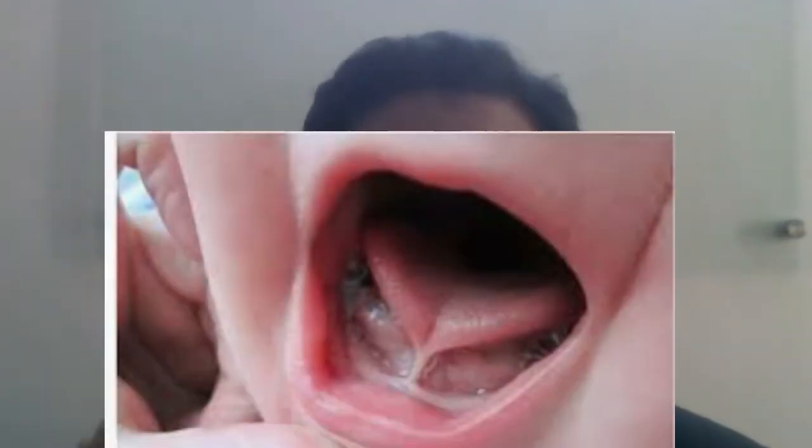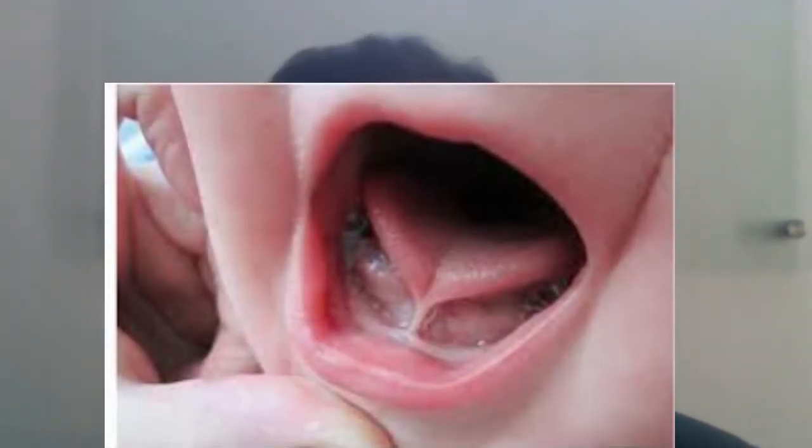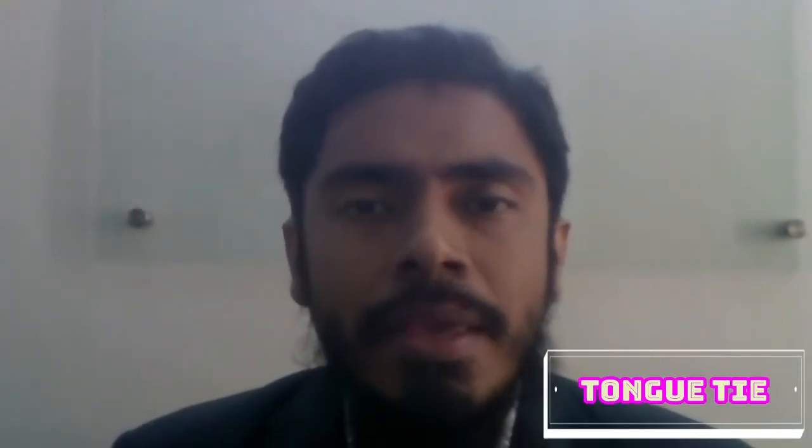If the length of this frenulum linguae becomes shorter, then does the tongue come out like this? No, it will be tight with the floor of the mouth. Then the condition will be termed as the tongue tie. And if the length is too short, then it will be difficult to create any language or word during talking, because the tongue is responsible for making the words. Okay. At that time, you have to cut the frenulum linguae to make the tongue free.